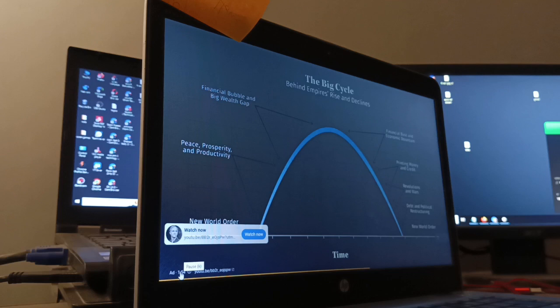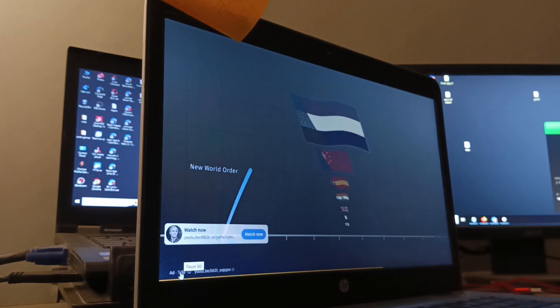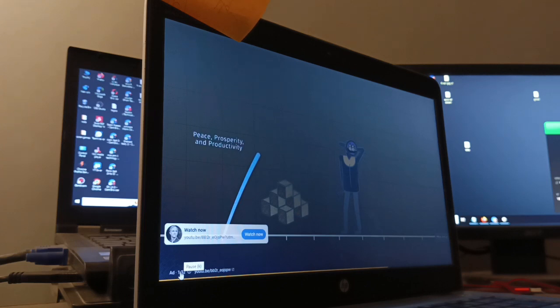Let's now look at the typical sequence of events going on inside a country that produces these rises and declines. In a nutshell, the big cycle typically begins after a major conflict, often a war, establishes the new leading power and the new world order. Because no one wants to challenge this power, a period of peace and prosperity typically follows. As people